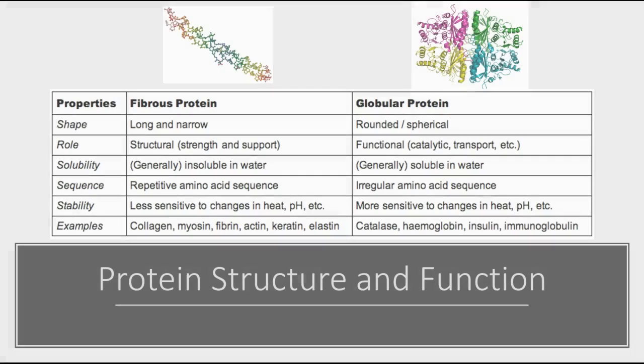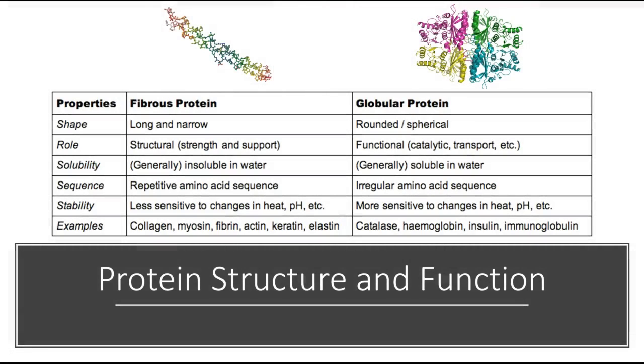Okay, so we talked a little bit in the last video about fibrous versus globular proteins, but I wanted to give you kind of a graphic in order to compile all of our thoughts. Fibrous proteins are proteins that resemble fibers, and globular proteins are proteins that resemble a glob, if you can think of it that way. Globular proteins are going to be typically rounded, and they're going to be kind of this